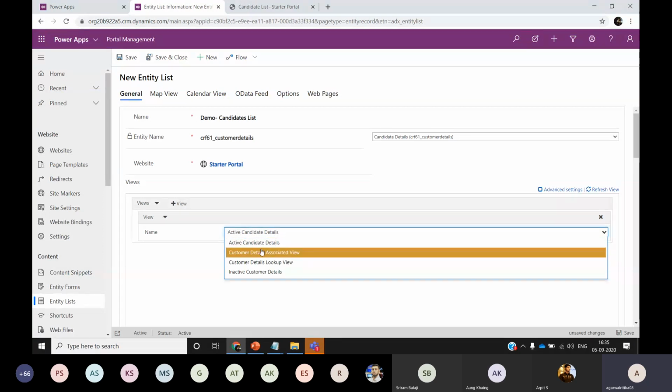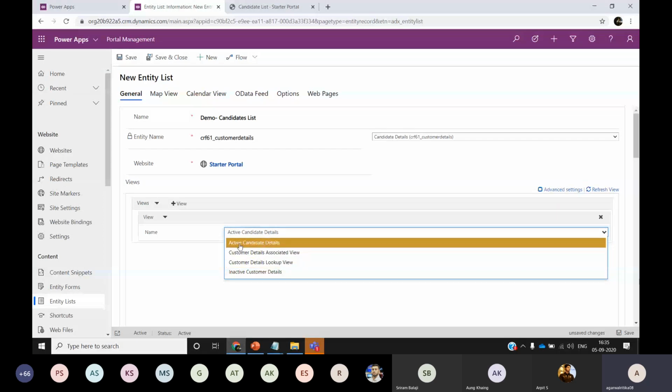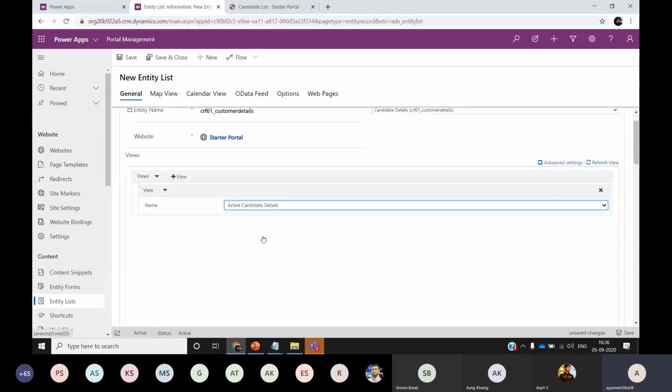I have an option to select any of the views. For now we are going with the active candidate details, but in case you have a different view with other filters or sort orders, then you can select your specific view. But here let's go with the active candidate details.